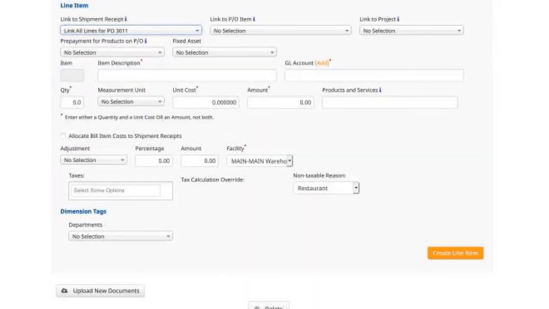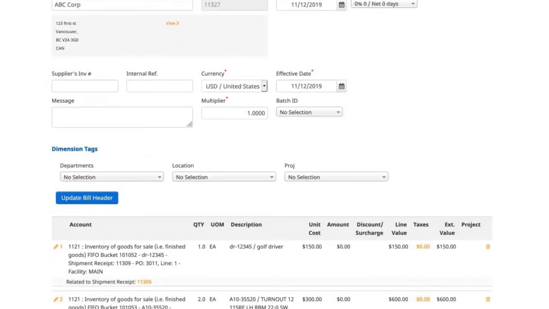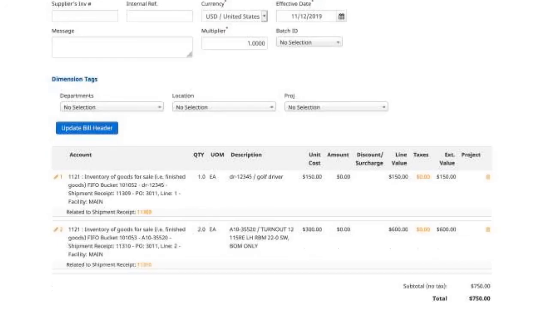Then I'm going to choose this line and create line items. Now what this will do is it will bring in the details based on the shipment receipts that were posted to the bill. So this way, if we have a really long PO, the entire PO can be brought into the bill in one click. So the bill is posted,